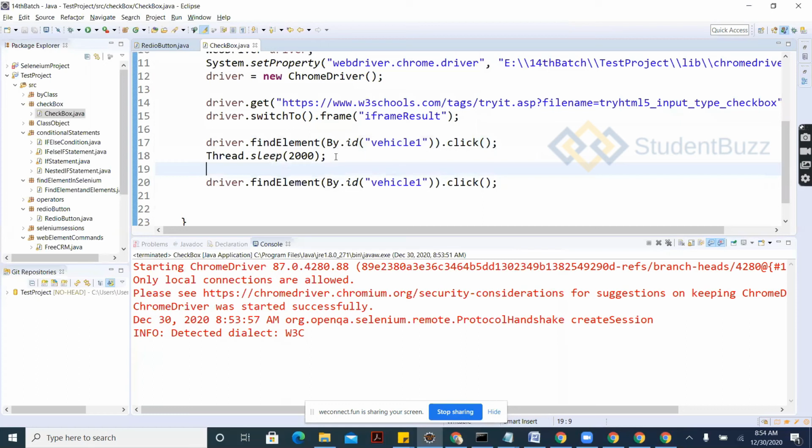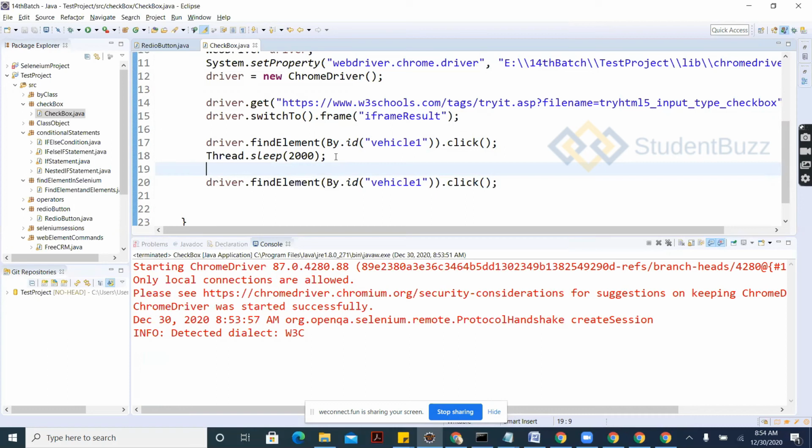Other time you are executing the same code, also you want to select the same checkbox and you do the same code execution. That time it will repeat the click operation. So it deselects, but your understanding is that it is selected.